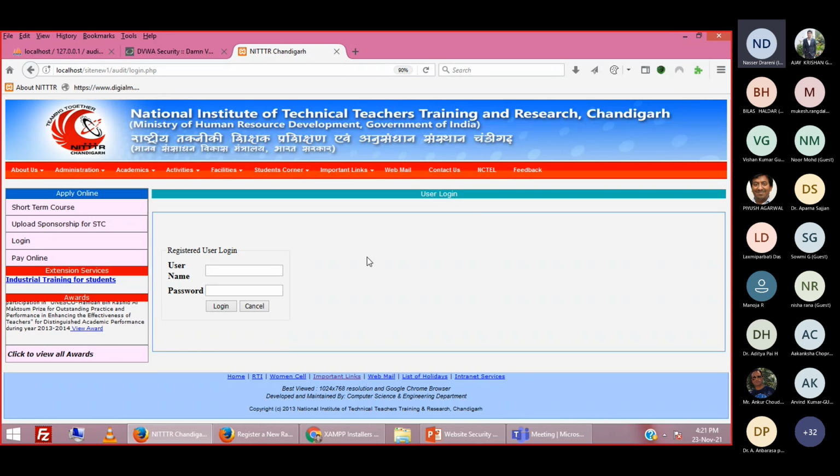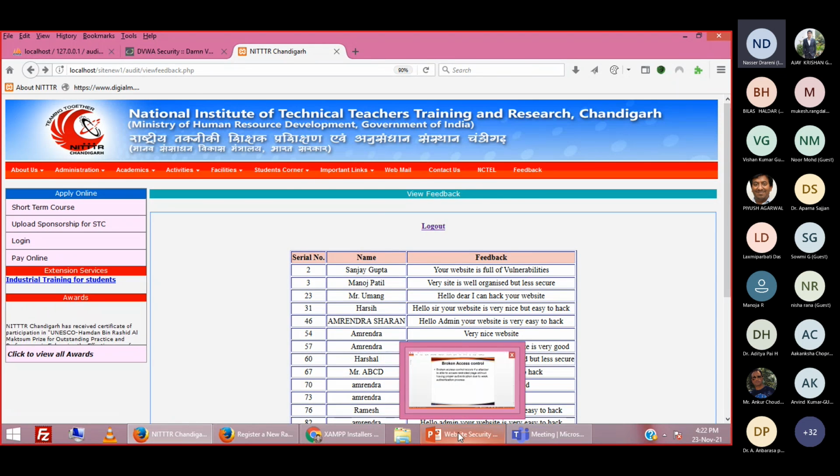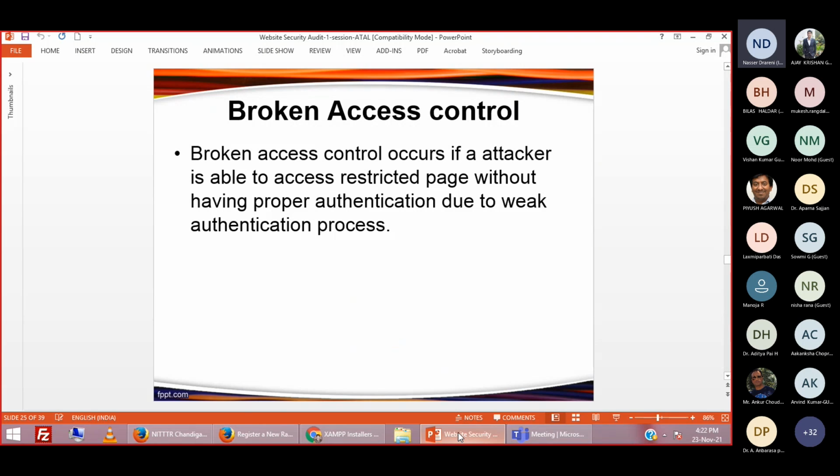So suppose I have just logged out from the system and I went away. A hacker comes and just clicks on this back button. After clicking the back button, this page is again shown to me, because this page was not secured. The authentication process was not properly implemented. As a result, it is showing me this restricted, authenticated page without entering any user ID and password, just by clicking on the back button, right? This is a problem that websites may have, right?